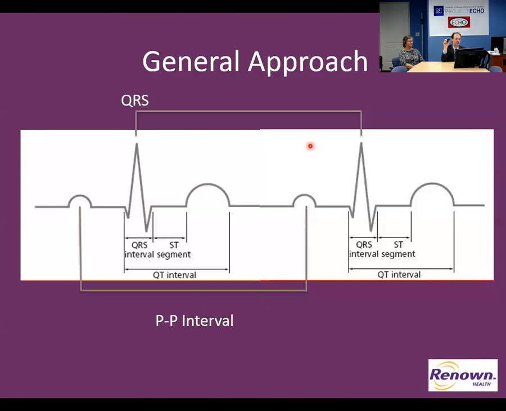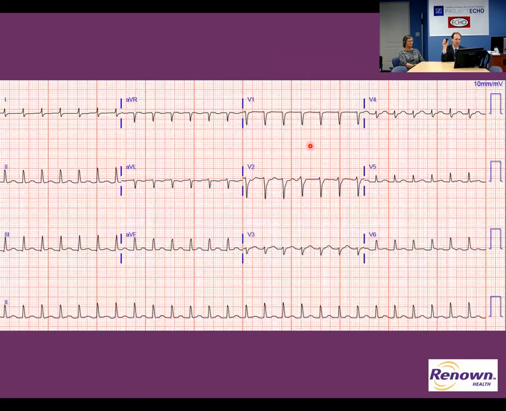QRS and P wave both have axes, and we'll review electrical axis in a different talk, but you may look for P waves to go in a different direction. So, that's pretty much it for intervals. So Sharmisa always sends me, like I said, some fun EKGs, and I think these were actually super great because they correlate really well with the rate.